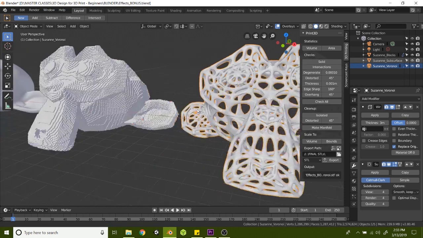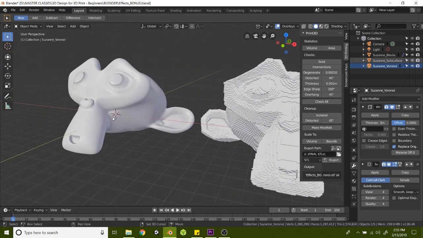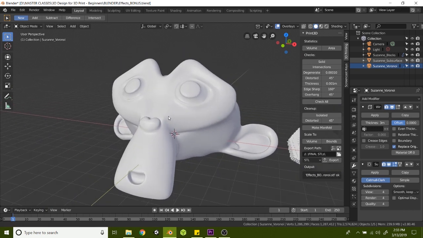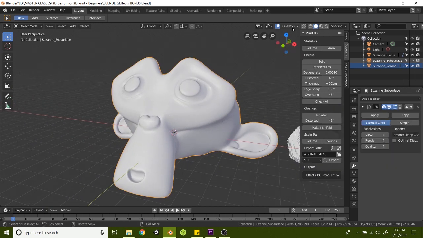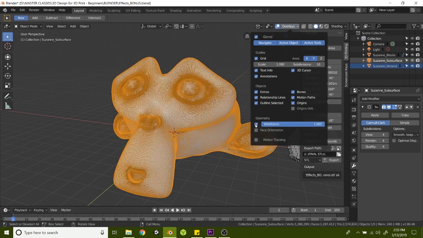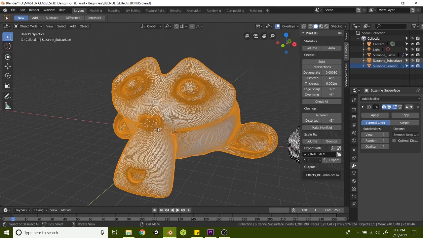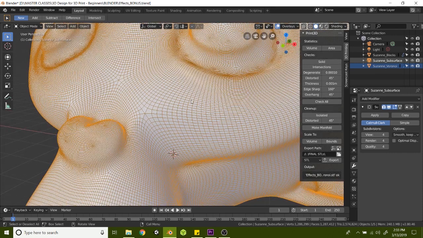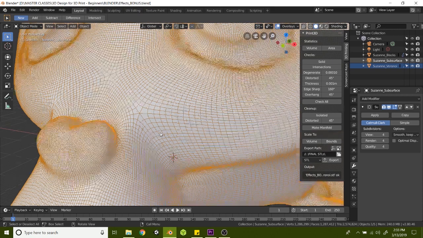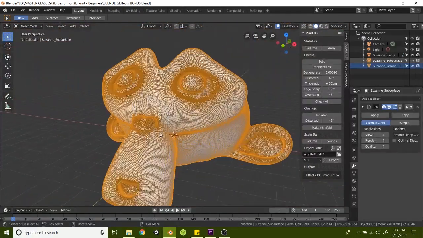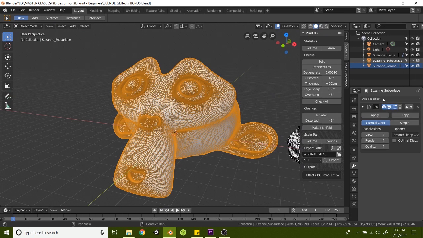And let's go to the first model again. And notice we turned it into this really nice smooth object. And if I turn on the overlays and go to wireframe, check that on, make sure you have it turned up all the way. You can see we have a ton of these wireframe meshes, just all these little squares everywhere. So what we're going to use to lower that count is a new modifier called the Decimate. So Decimate will let you lower the ratio. So if I take the ratio down to half, say 0.5, and hit enter, you can see